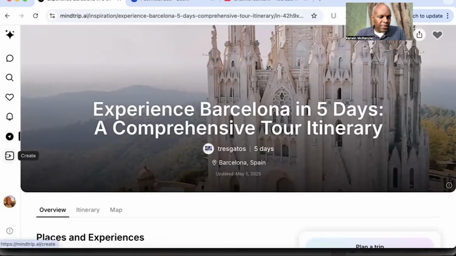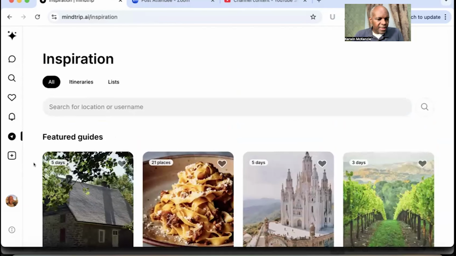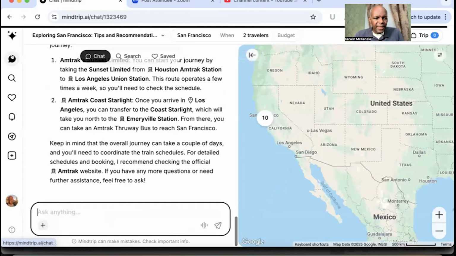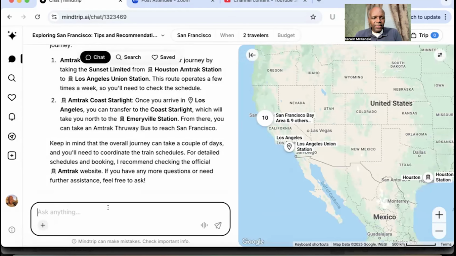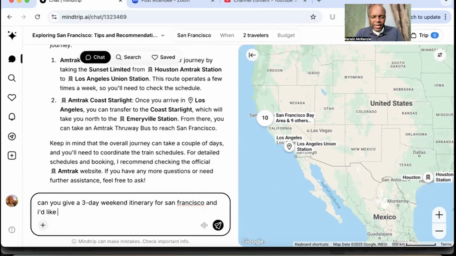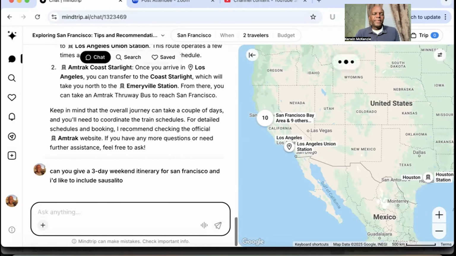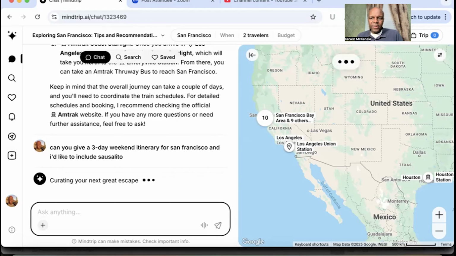The other thing I guess I could do, back to here. If I go back to, I know how to get back to the things that I did. Oh, chats. Okay. What I was going to do was, can you give me a 3-day itinerary for San Francisco, and I'd like to include Sausalito. Sausalito is the little area on the other side of the Golden Gate Bridge. You just turn right and go down the road and it takes you, you can see San Francisco